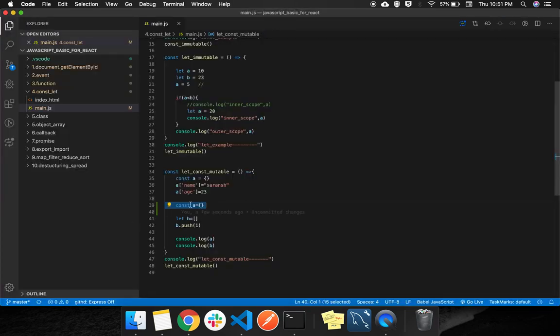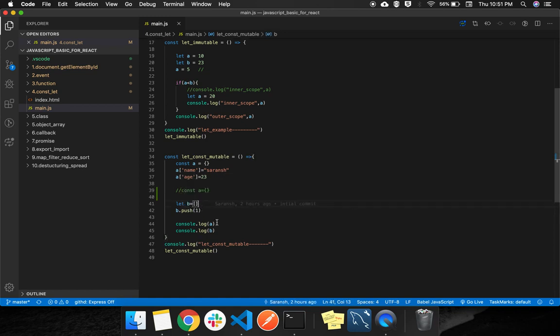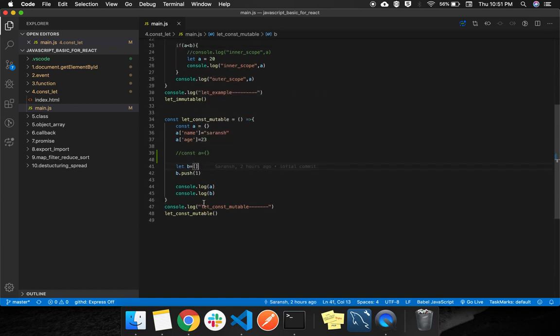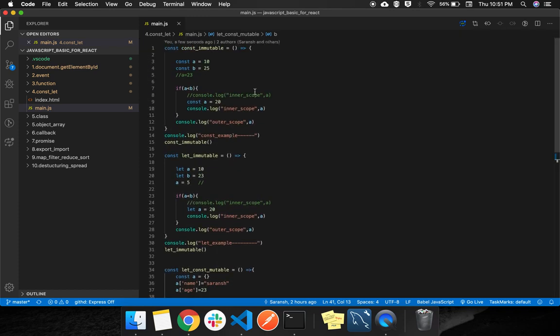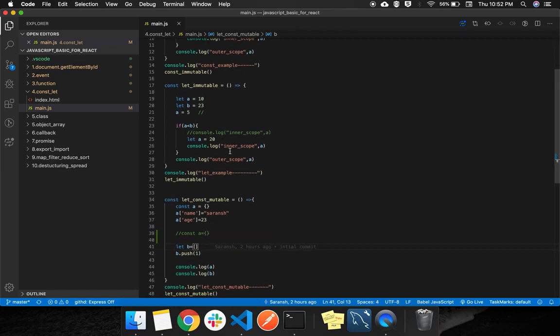So this is not applicable here. You cannot use const a again, but you can push keys and their values, and if it is an array you can push data. Okay, so there is a difference between mutable data types and immutable data types. Okay, thank you.